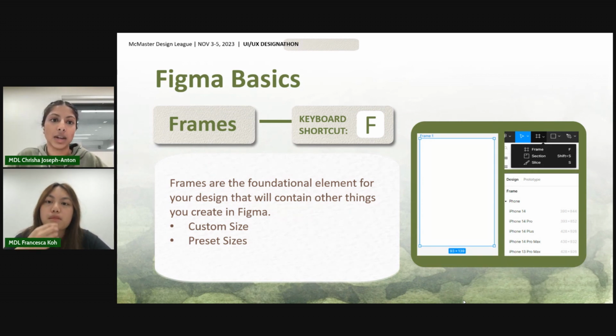So let's start with frames. Frames are the foundational element of UI design. They basically contain everything you add to a design. They allow you to choose an area of the canvas that you want to create a design in, similar to artboards if you guys are drawers on any art softwares. In Figma, you can also nest frames within other frames,